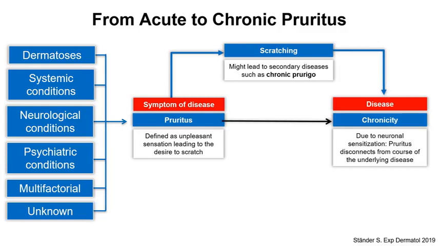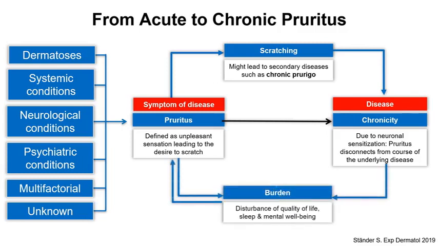And of course, ongoing permanent pruritus has an impact on the quality of life, produces burden, and the burden itself may worsen the pruritus. So we have double arrows here on this side: pruritus itself, but also the associated burden can impact the pruritus. And then finally, we sometimes have this situation that we do not find the underlying etiology, or we cured the underlying etiology, and we have the disease state of chronic pruritus. Then it's no longer acute, it has a long duration, and we have to find our own treatments here for our patients.